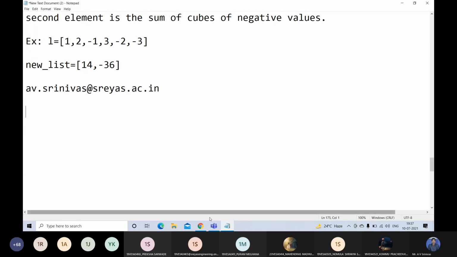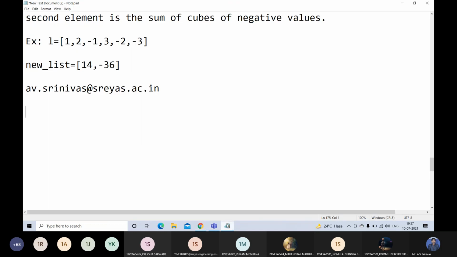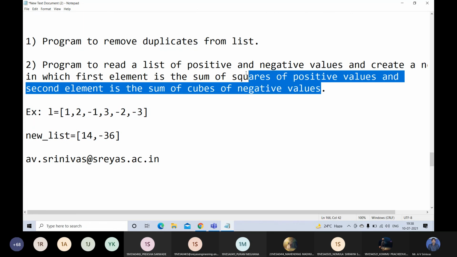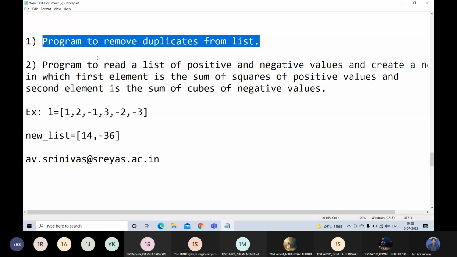Because in a programming subject, listening is always very easy but practicing is important. By practicing only you will get some knowledge. Try to write the programs with your own logic. Don't copy from others. Don't search in Google. Try to write the program with your own logic, because that only improves your logical skills or analytical skills.